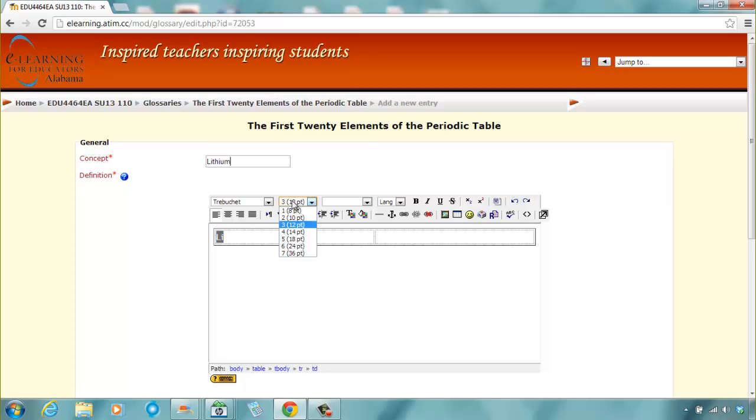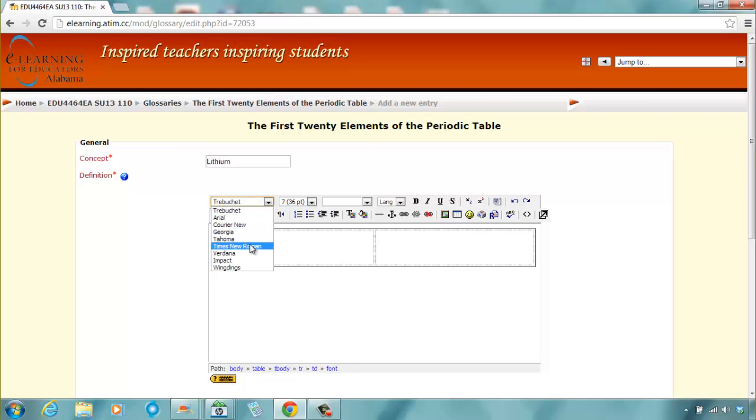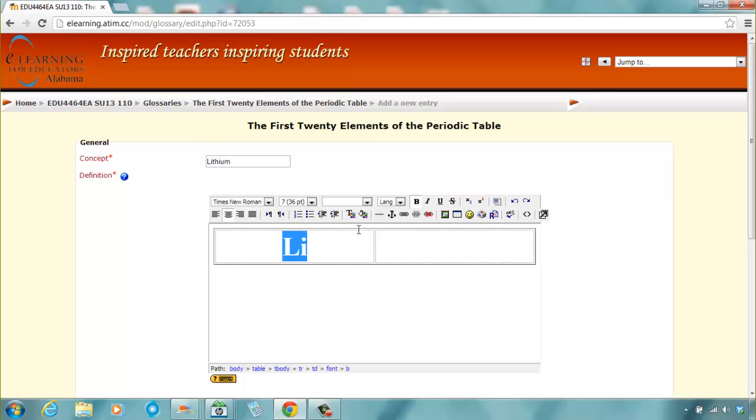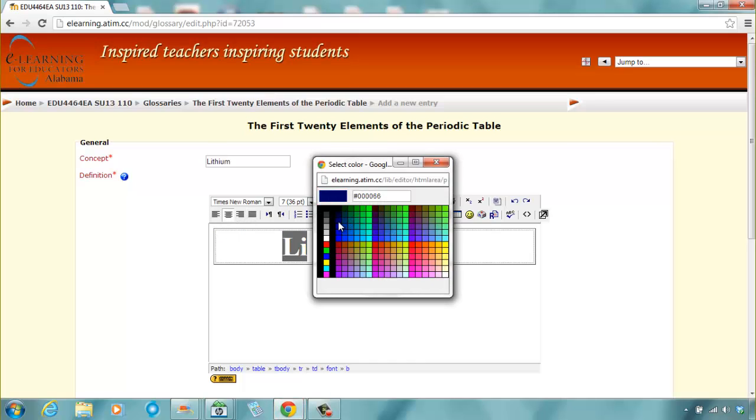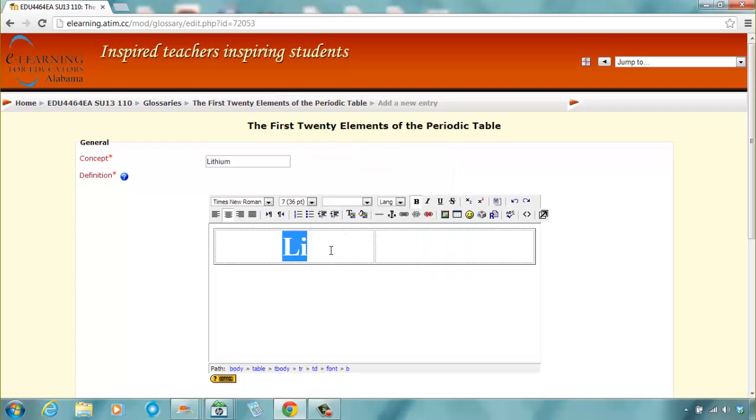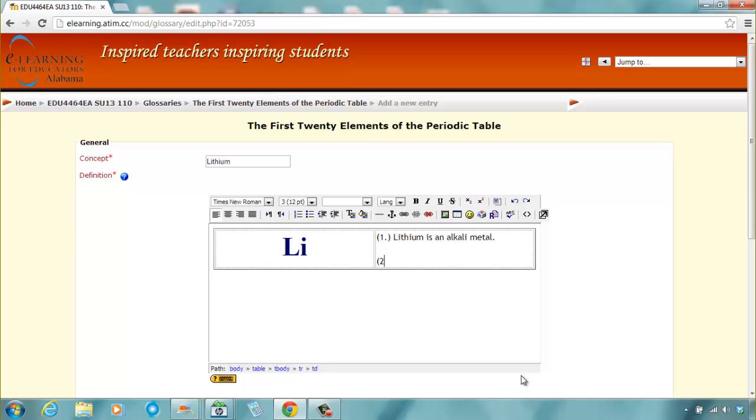So I make this to be big. Change this to Times New Roman. Make this bold. Center it. And change the color to blue. Okay, what do I have to say about lithium? 3 things I have to say about lithium. Lithium is an alkali metal. It comes from